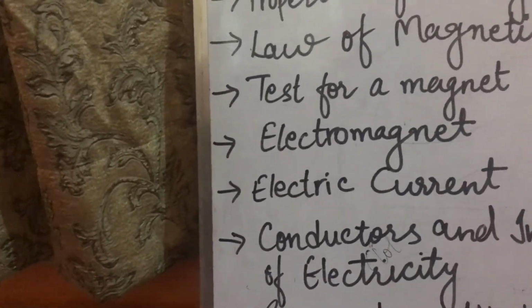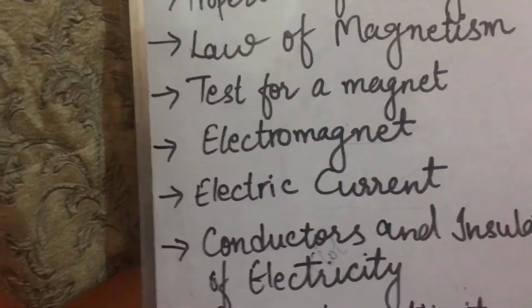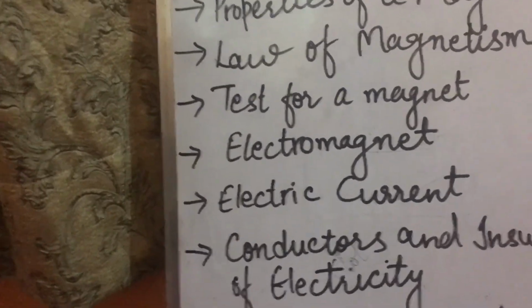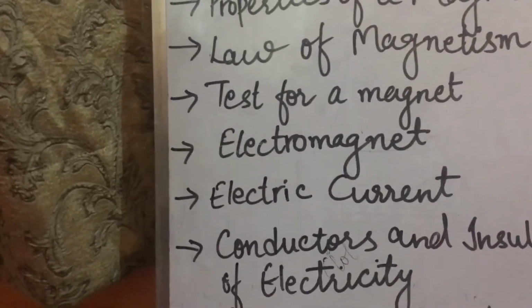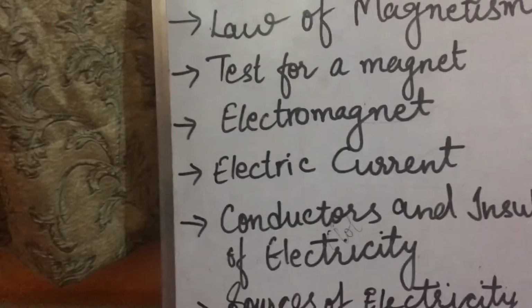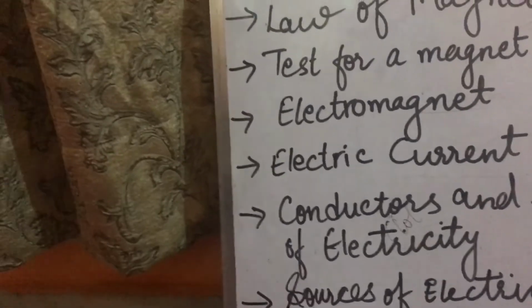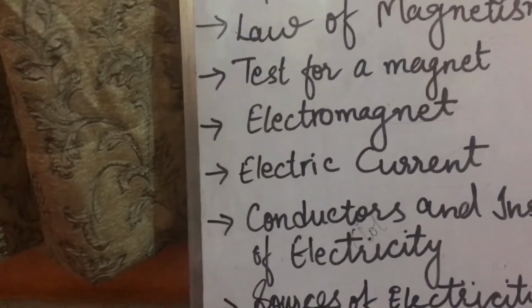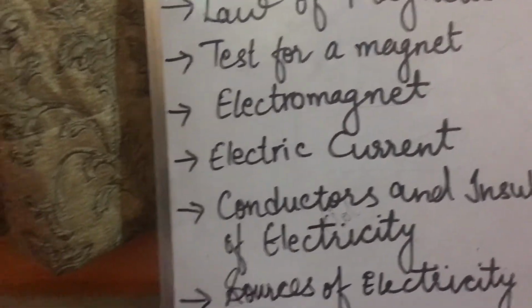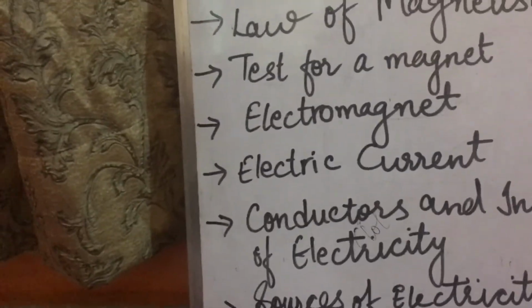The first ever source of continuous flow of electricity was an electric cell. What is an electric cell? It is an arrangement in which chemical energy is converted into electrical energy. Due to this reason, an electric cell is also known as an electrochemical cell. Because in a cell, what happens? Chemical energy is being converted into electrical energy.